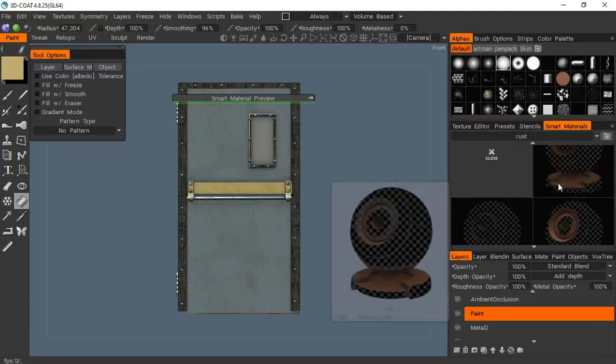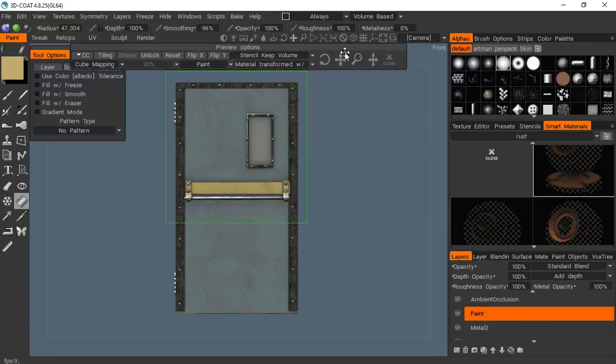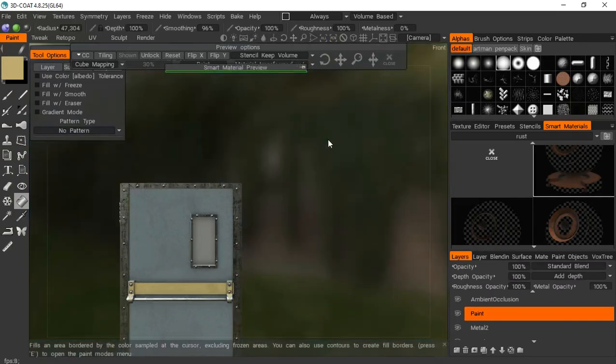So if I was to click this rust and preview that, it doesn't give it that rustiness that I want, you know. So we're going to add our own manual rusting. So just hide that, go to front view